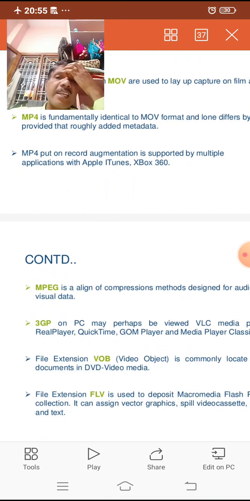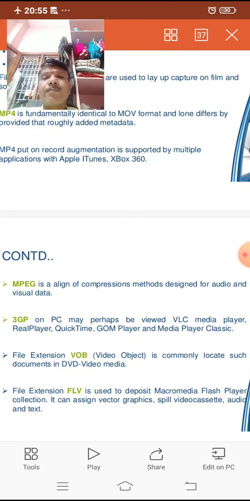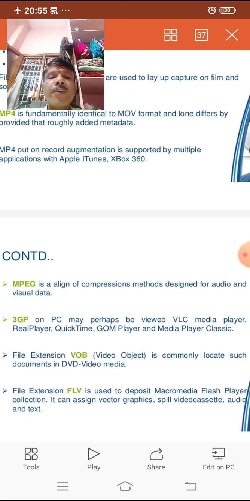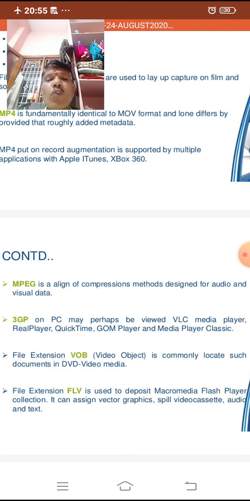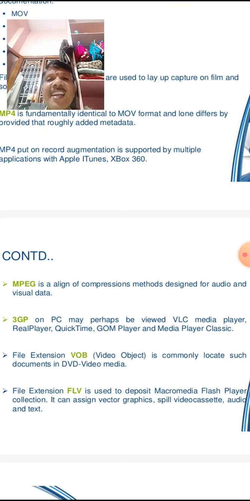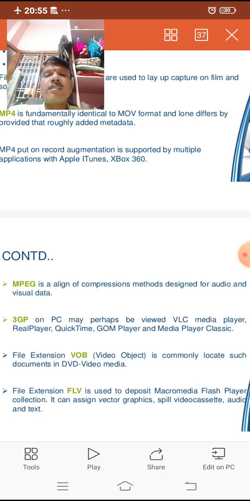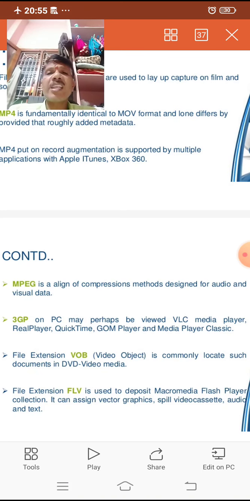MPEG is a line of compression methods designed for audio and visual data. 3GP on a PC may be viewed with VLC media player, RealPlayer, QuickTime, GOM Player, and Media Player Classic.